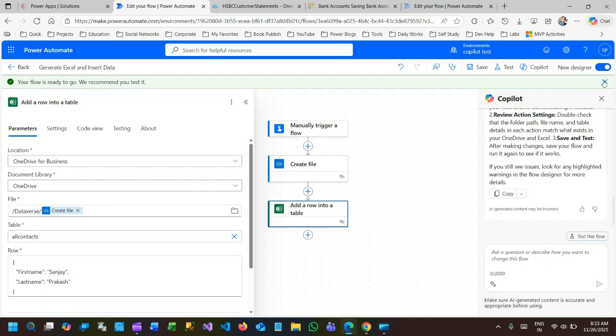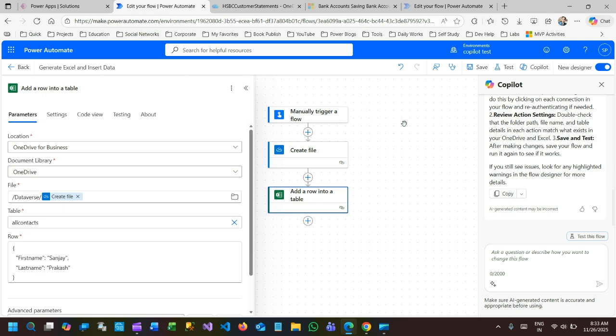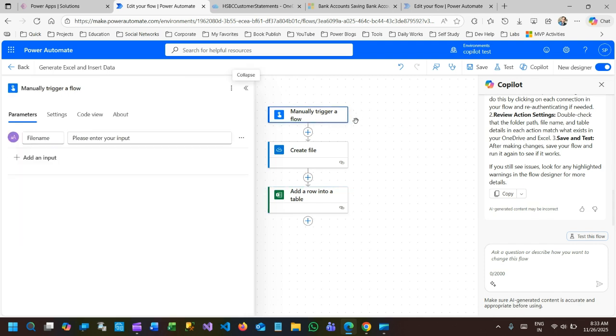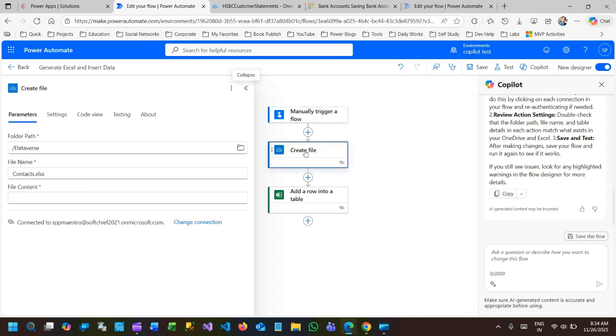In this video, I'll tell you how to create an Excel file in OneDrive from scratch using Power Automate and insert data. I have taken here a new Power Automate flow, instant cloud flow, where I have defined an input parameter to provide a file name, and that file name will be used to create a file using the OneDrive connector in the OneDrive. And here I have specified which path in the OneDrive I want to store my file